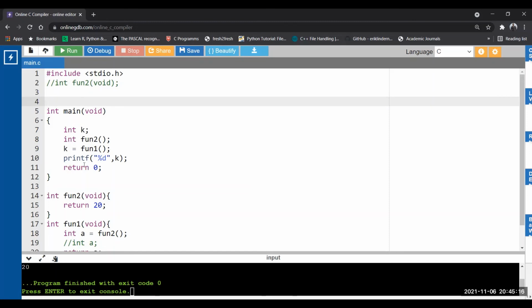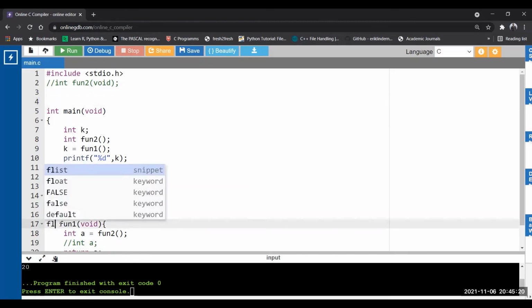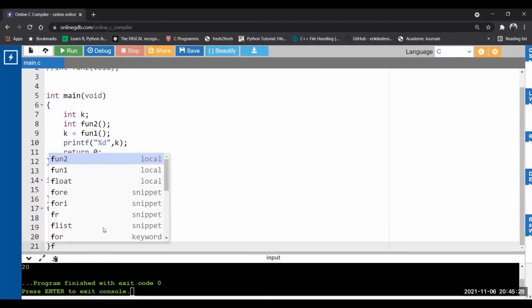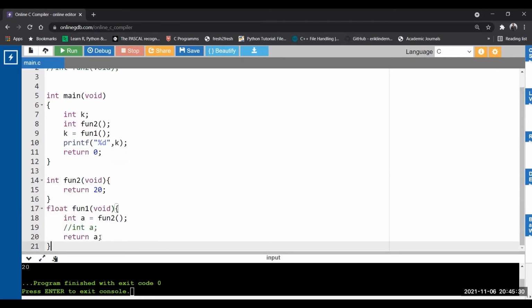Here it is. Now fun1 is not declared, correct? So let's make it float. If it is float, the return type should be float. So I'm returning a float value 2.5f. And fun1 gets called from the main method.